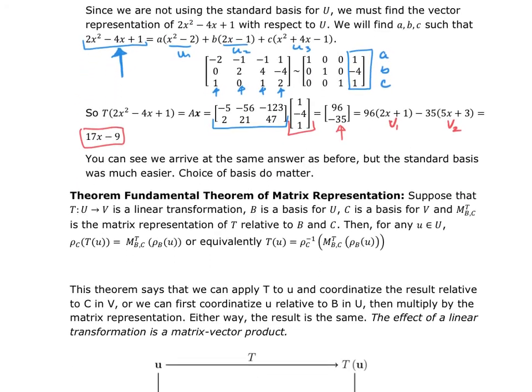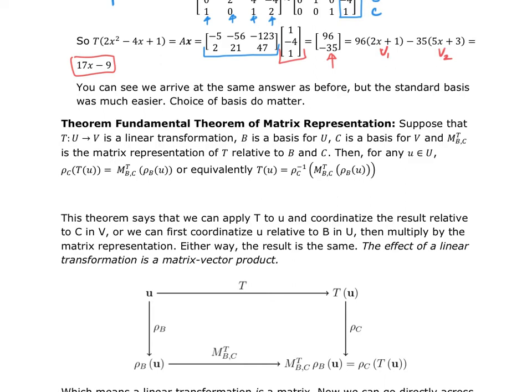Okay, so then we're going to look at this fundamental theorem of matrix representation. It says, suppose that this linear transformation, B is a basis for U, C is a basis for V, and my matrix representation is M of the transformation from B with respect to C. I'm going from B to C. That's B first going to C. Then for any element in U, so any value in U, doesn't have to be the basis values, for any vector in U, then I can just do what I just did, which is the matrix transformation, and then